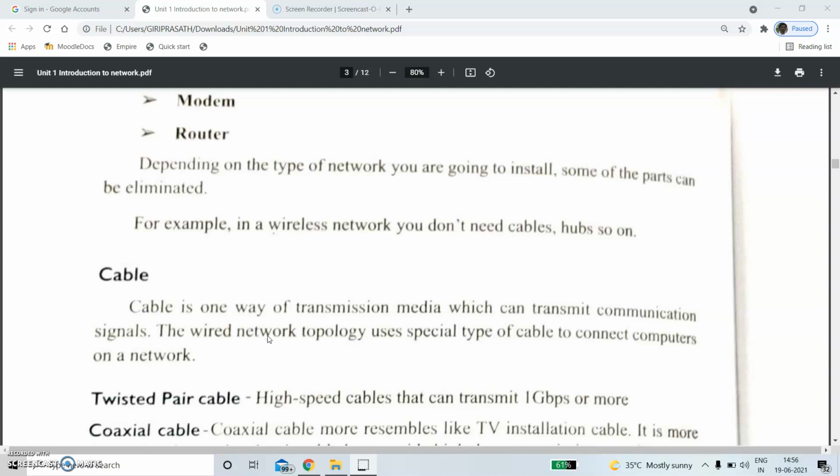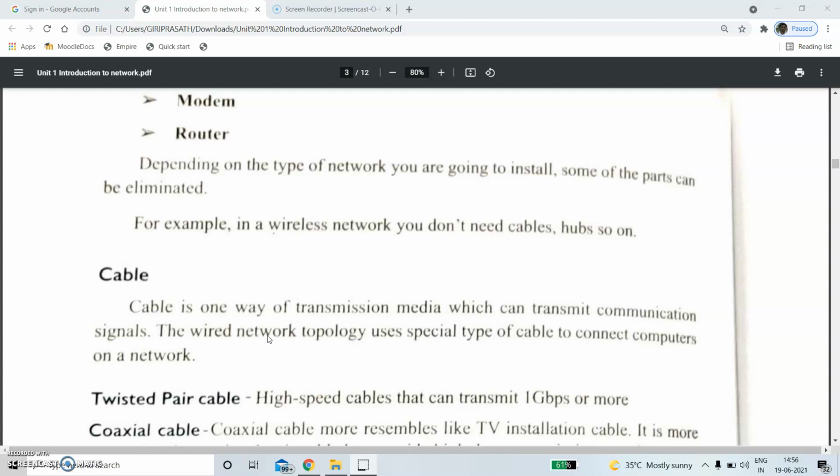Nowadays we are not using the modem as a major component in internet connections, because we are using phones, and through the phones we are accessing the internet. This is an example of a wireless network. In early days, cable was the only transmission media by which we could transmit the communication signals